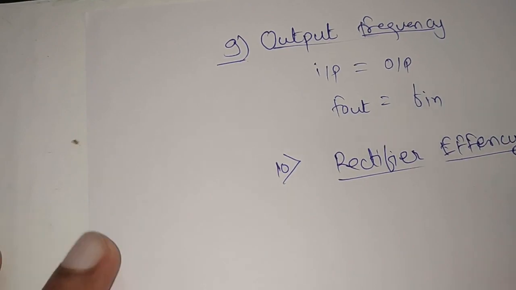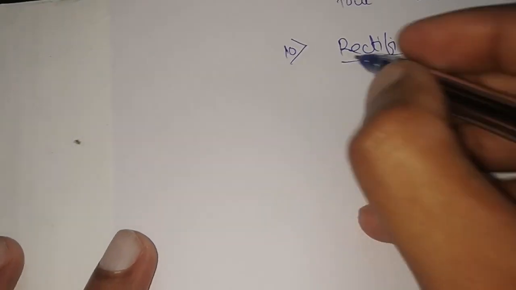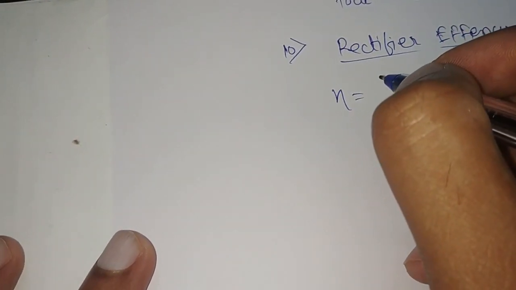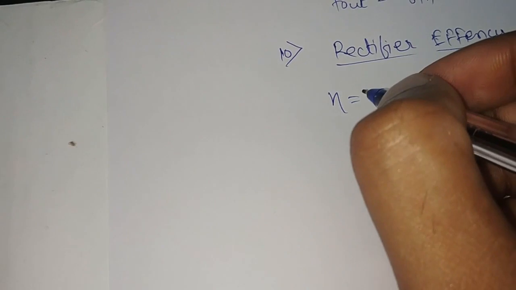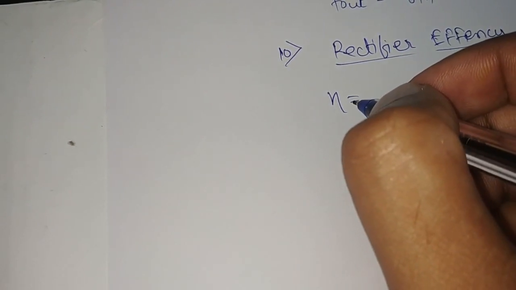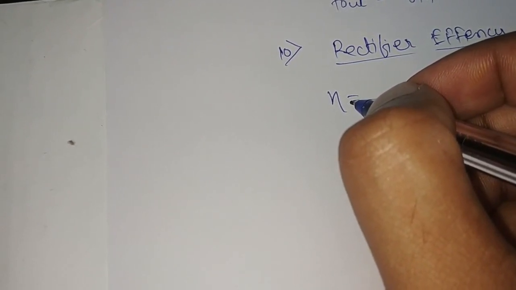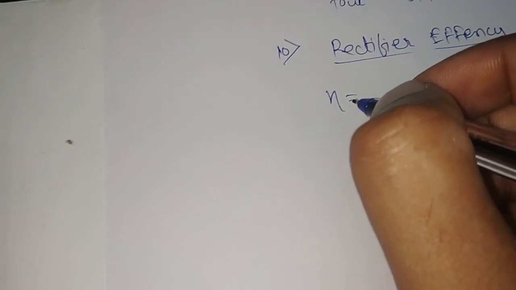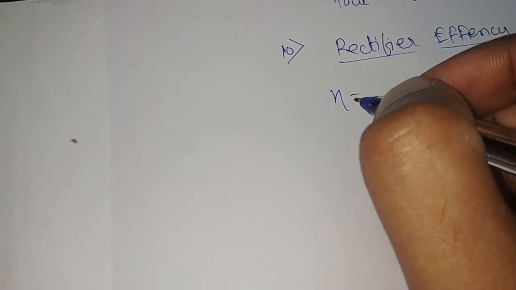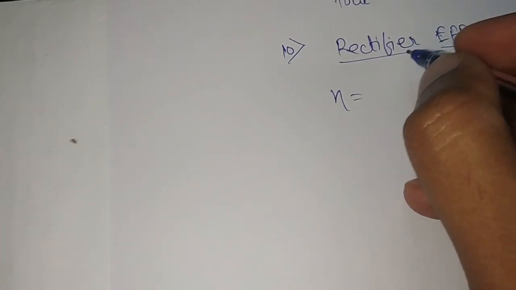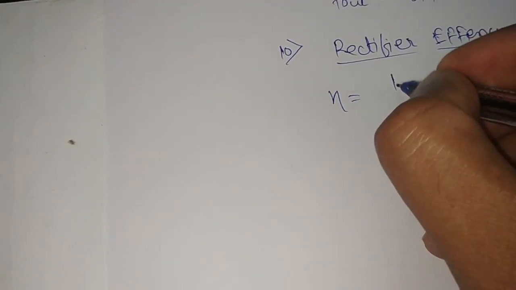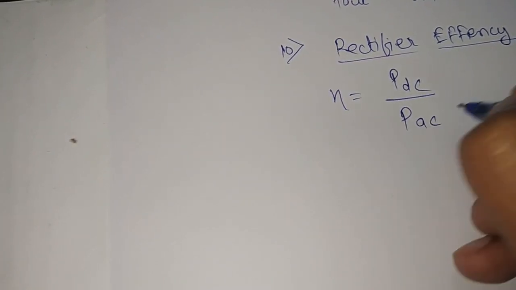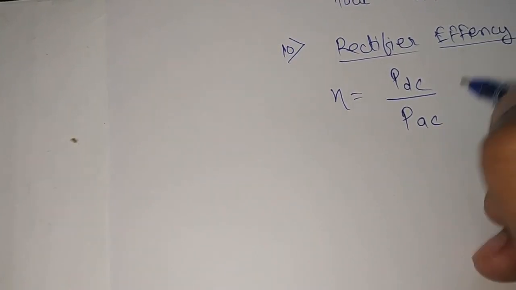We want maximum efficiency. So efficiency is given by eta. And how do we calculate efficiency? How much profit we are getting out of the system. So if we calculate what is our output? Output is DC. So we should get more DC against the AC. Our input is AC. We want maximum DC as output. So in terms of power, if we consider, what is our DC power output over what is our AC power input? That will tell us the efficiency.